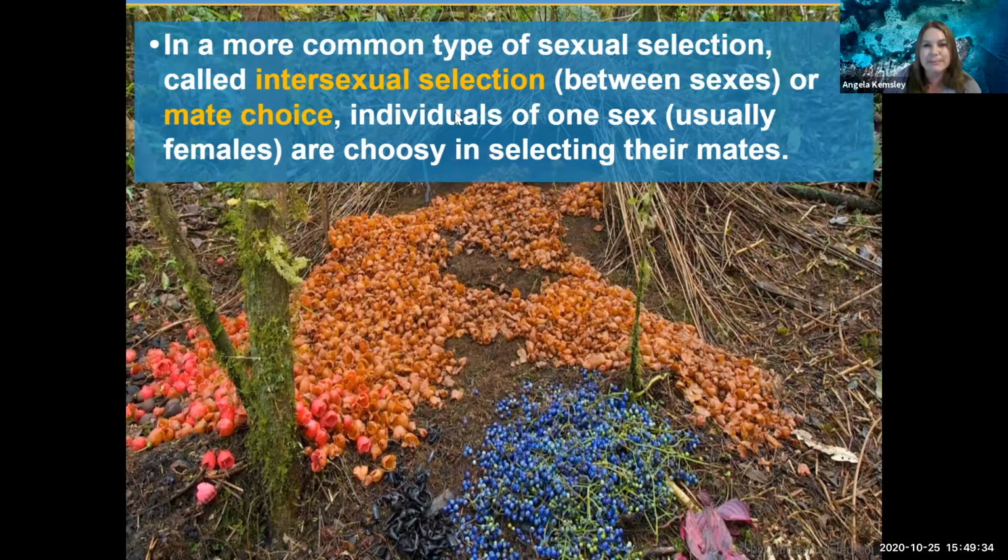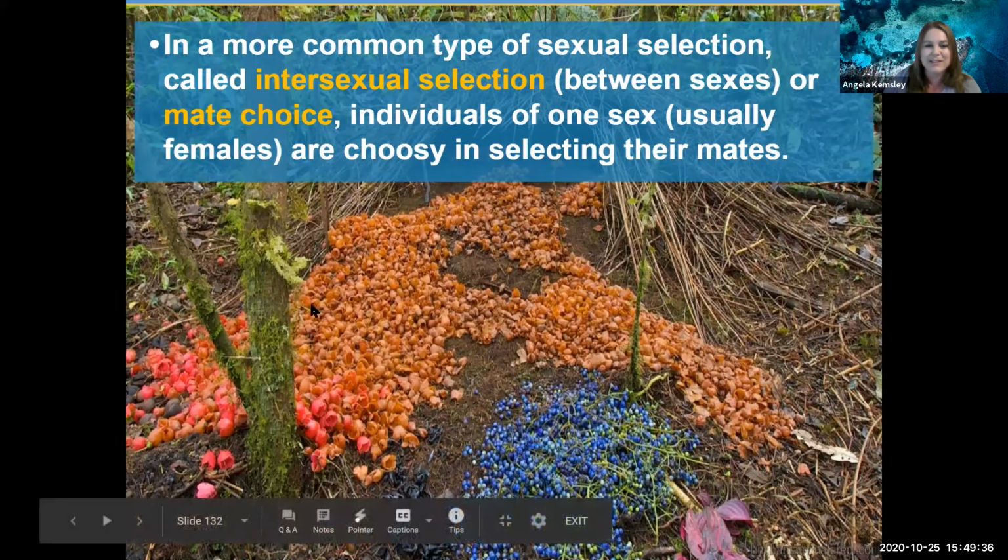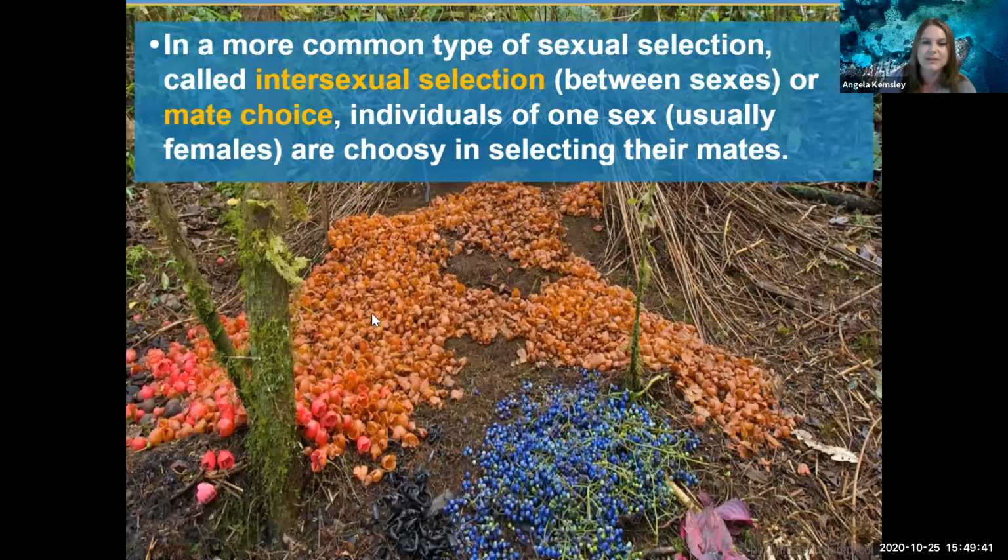An example of this is bowerbirds. So if you take a look in the background here, this is a type of bird found in Australia. Well, this is not the bird found in Australia. This is the bower of a bird found in Australia. But the idea is these little bowerbirds, they're these little birds that make ground nests called bowers. The male will build the nest and the male will collect different things.